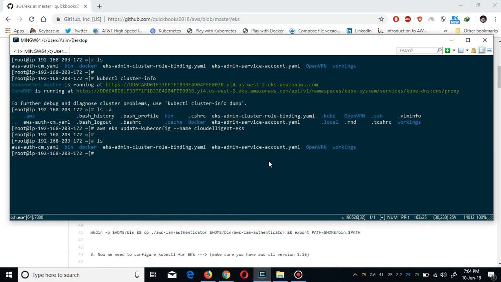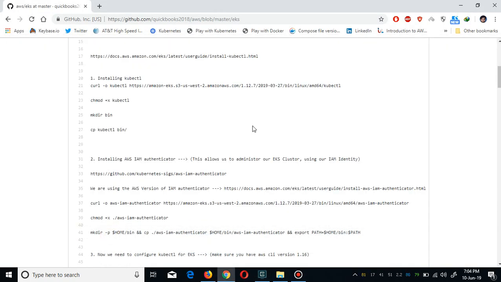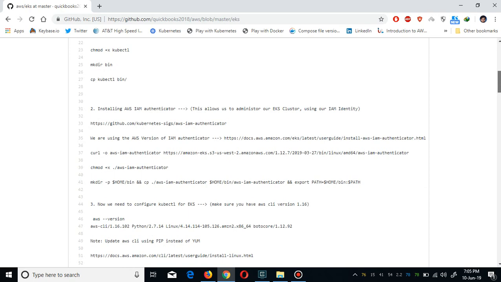I've installed all this stuff on it. All the details are mentioned here, which is necessary for the EKS cluster deployment. So I've set up kubectl and made it executable, and then